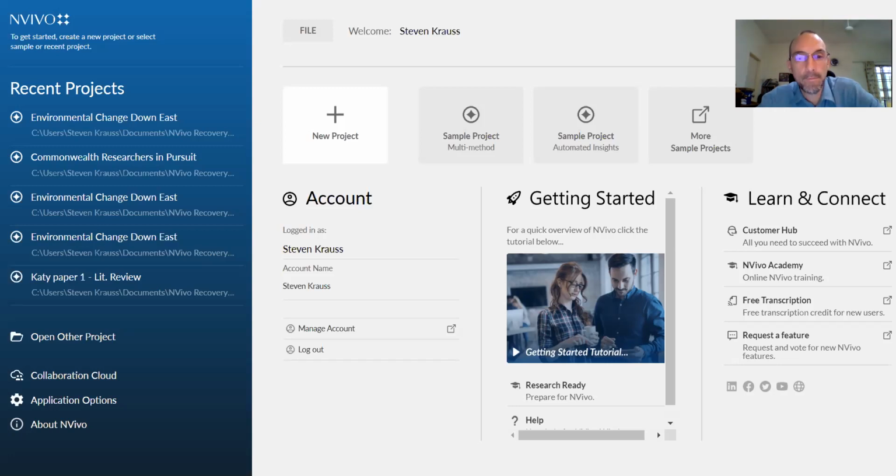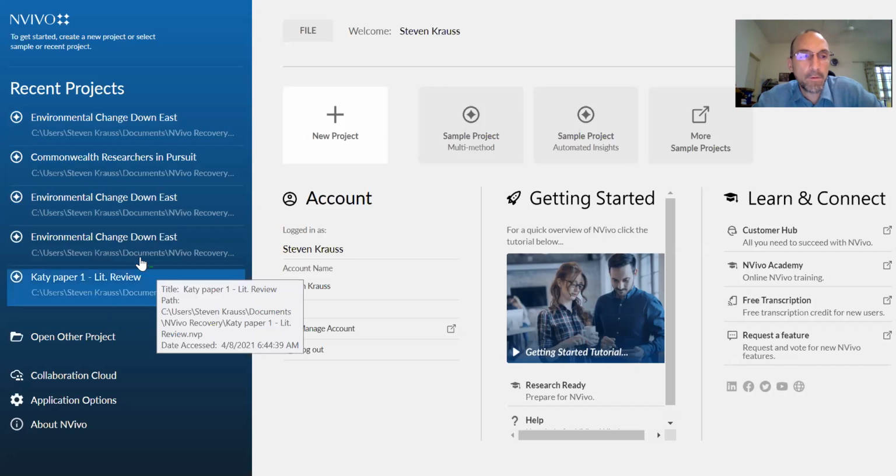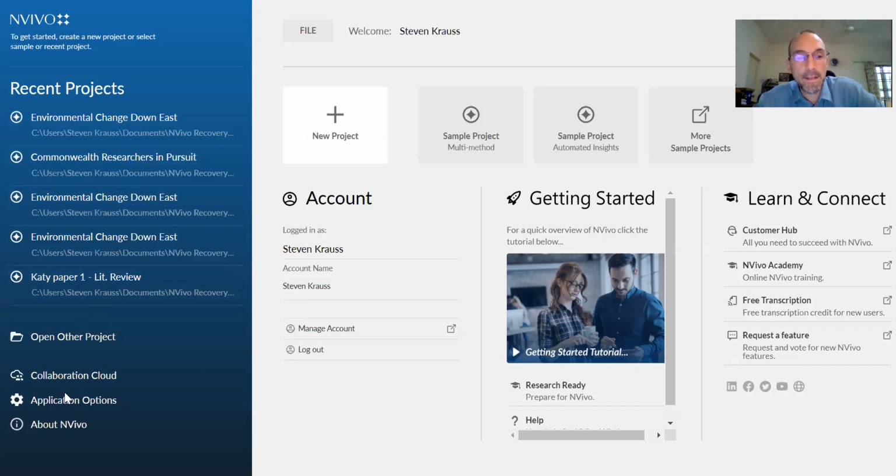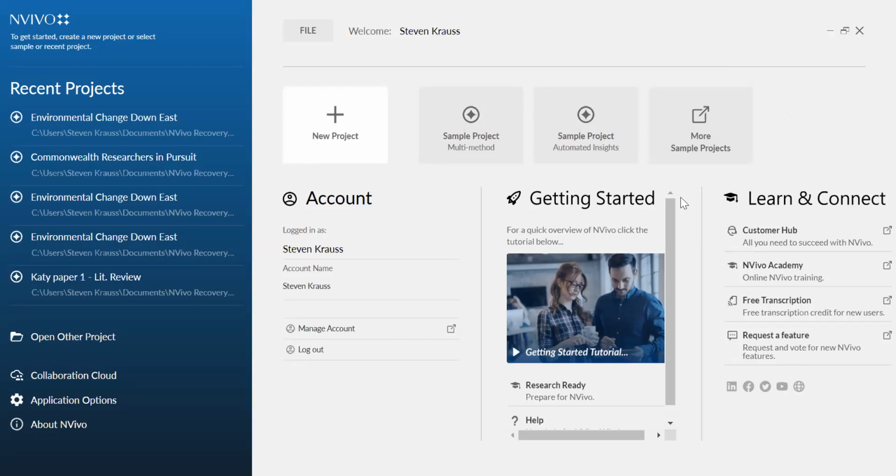All right. So this is in Vivo, and this is what your home screen looks like. As you can see on the left here, there's a list of projects. So if you've been working on several different projects, you can just straight away click to open the project. There are some other things down here, but we're working mostly in these four boxes here. There's a big button for a new project, and then in Vivo gives sample projects. This is really nice for tutorials because they give you some examples of how to use the